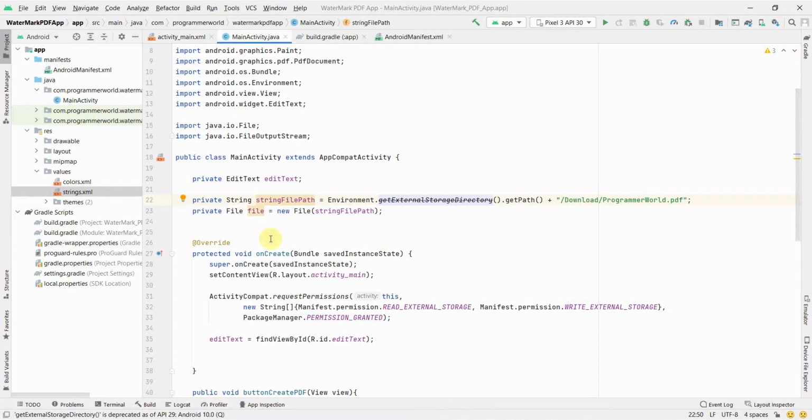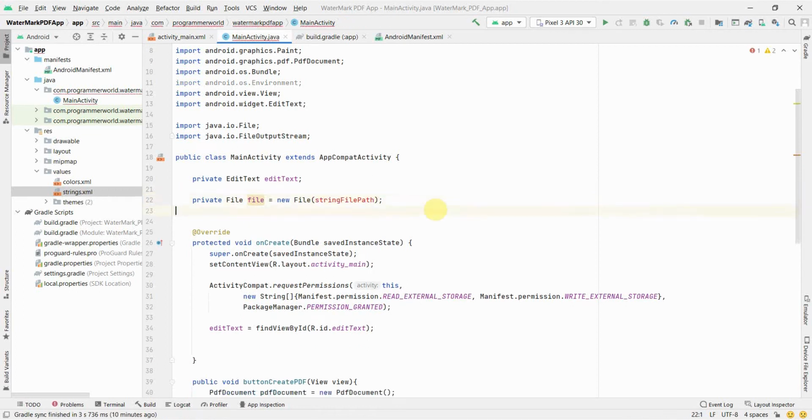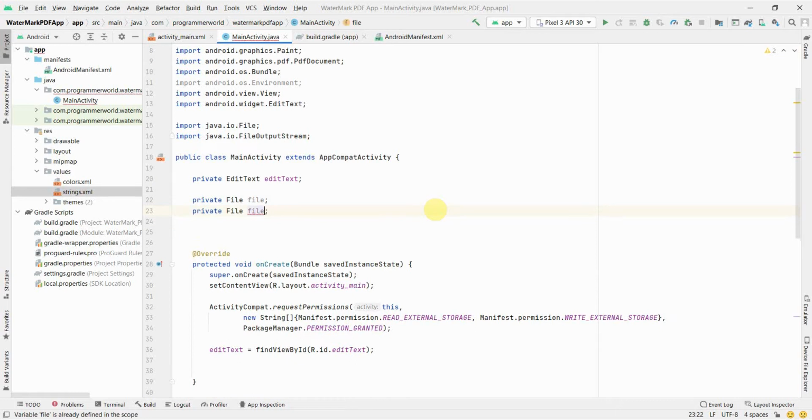We'll use something called get external files directory, which is specific to each app. So what I will do is I probably don't need this at all, and I will not need this file variable, we will keep that, of course. And I'll also create another file called file with watermark. So once my watermark is done, I'll create another separate file to show the difference. And we'll create these two files in our own create method.